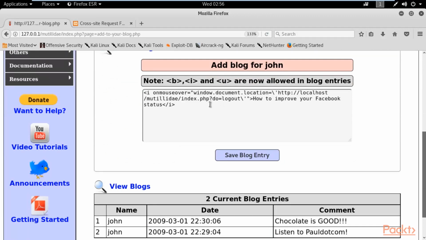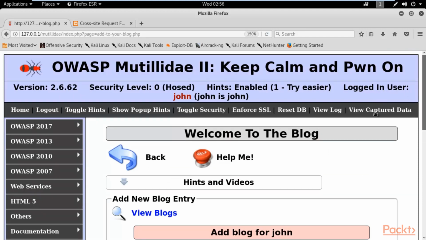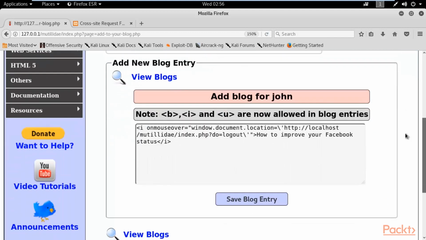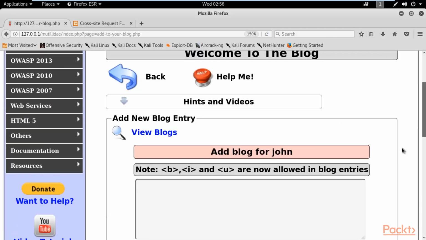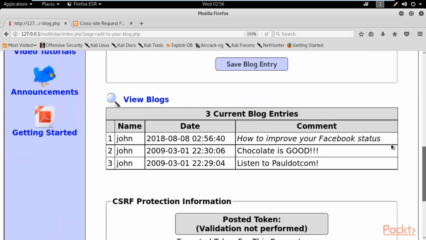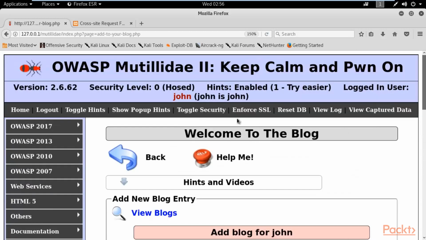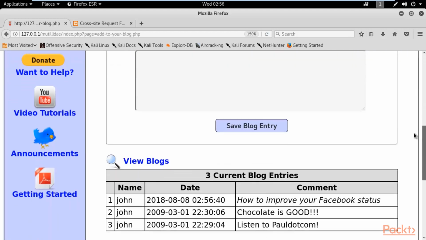This is the code, very simple code, which can simply log out from John's account. Okay, so everything is set here. Now you can click on save blog entry, and you can see that a new comment has been inserted. We are still logged in, but a new comment has been inserted.